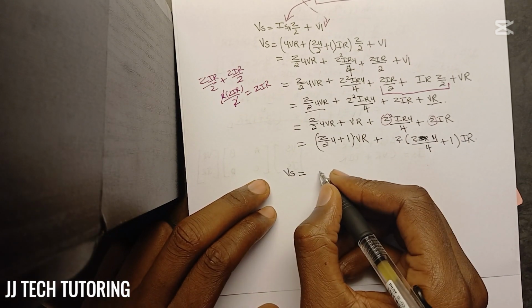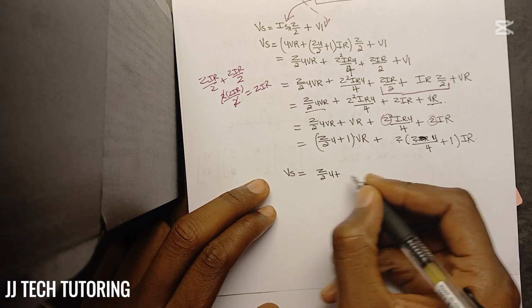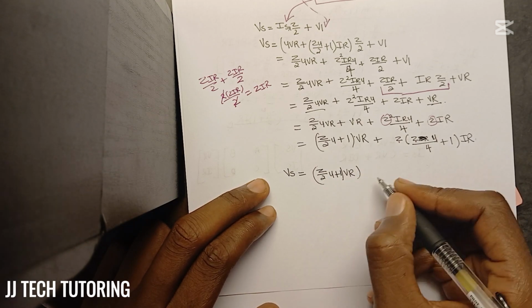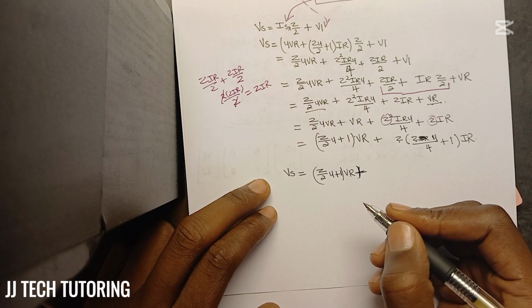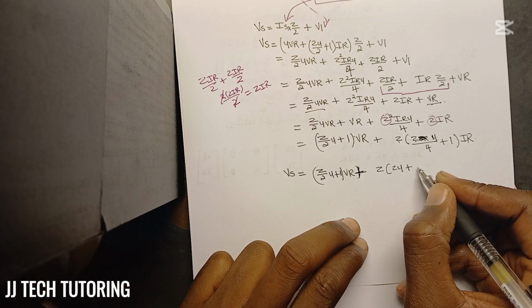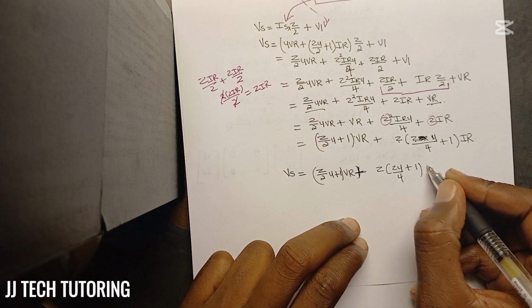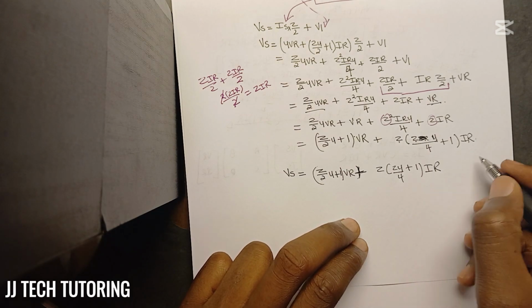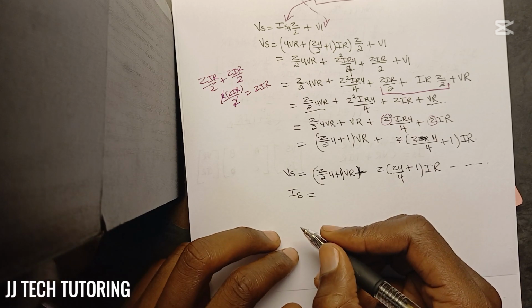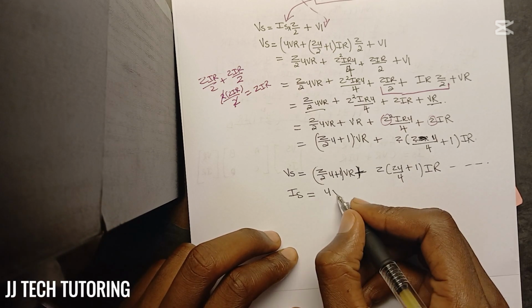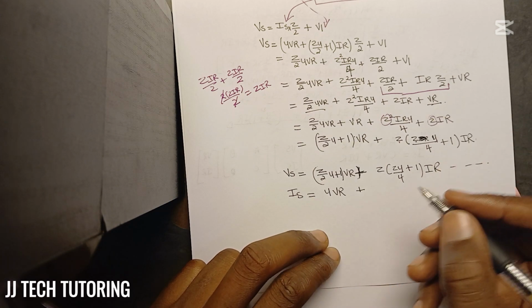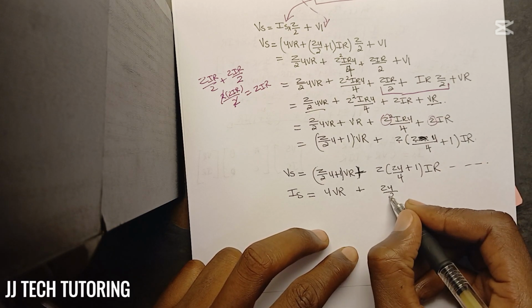Vs is equals to Z over 2Y plus 1 VR, then plus here, right? It makes sense now. Then ZY over 4 plus 1 here, then IR here, right? So this is our voltage equation, right? Then our current equation, Is is equals to, where is our Is? Is equals to YVR plus ZY over 2 plus 1